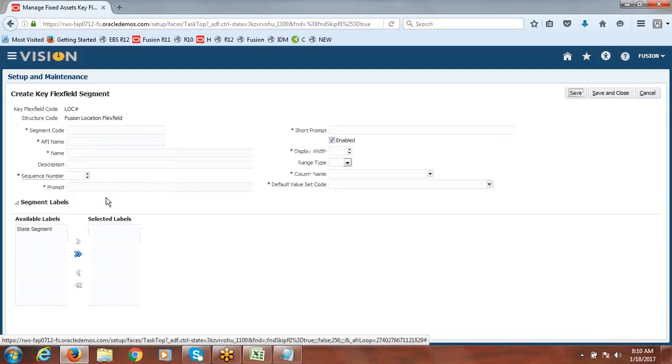And let's create one more segment called as city. Display width 30. Third segment.